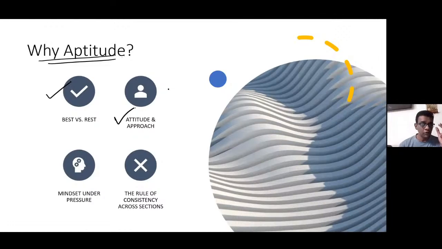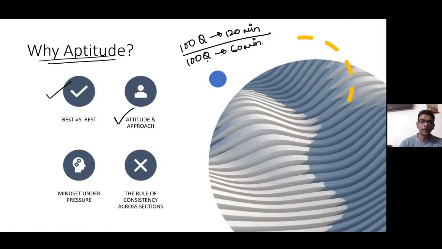Fourth, an aptitude exam, like we said, 100 questions in 120 minutes. This was an example. There are certain exams where you have to solve 100 questions in 60 minutes. Okay, so all these exams are actually pressure exams. You go through certain pressures to write these exams, and the pressure is on the mind because you are racing against time, right? So you're trying to solve each question in a minute or less than that. So it's a huge pressure for me.